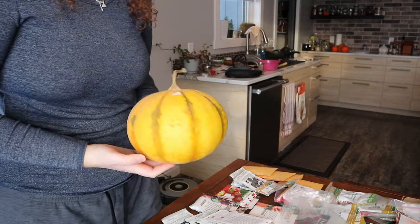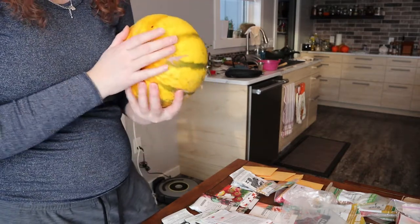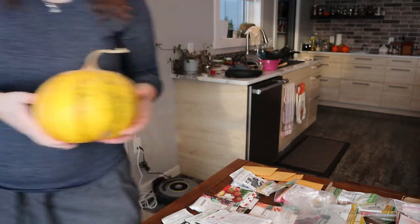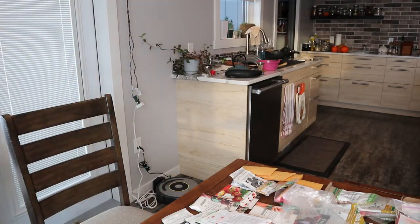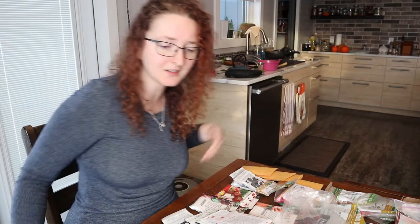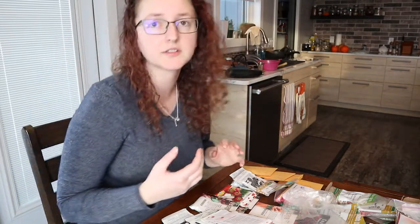So these are actually from 2019's crop, and they are still holding up really well. Of course, I should probably be eating them soon, but I just always like to experiment a little bit to see what things last a really long time, and just to show that it can be done. I think pumpkins are a completely overlooked source of food storage for long-term food storage,